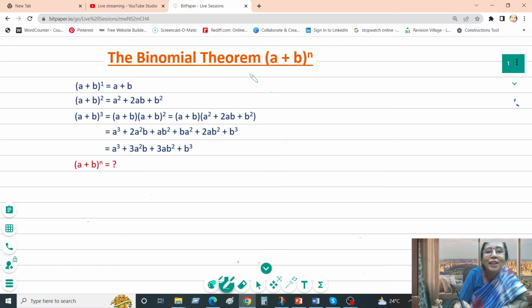Hello students, today we start with the chapter The Binomial Theorem. Now this chapter is included in the IGCSE additional math syllabus. This chapter is included in the AS and A-level syllabus. This chapter is included in the IBDP, AA, SL and HL syllabus. So if you are from any of these streams, then I think you will be benefiting by watching this video,